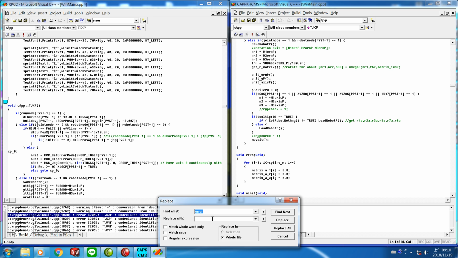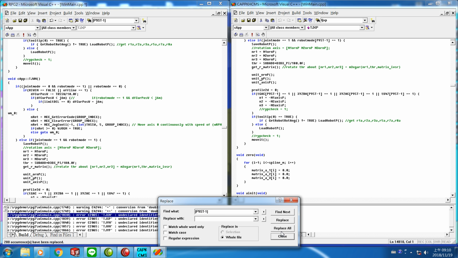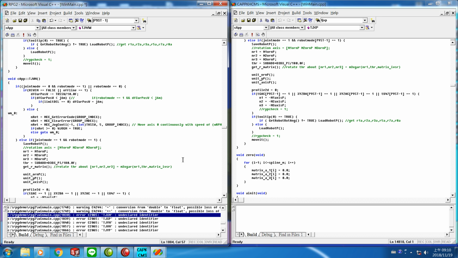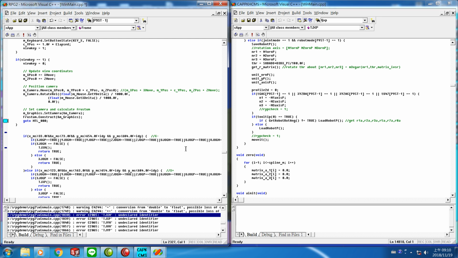Replace all. P9ST -1 replaced by nothing. Okay, replace, suppose sometimes with a space in between. Okay, nothing is okay. First removed,